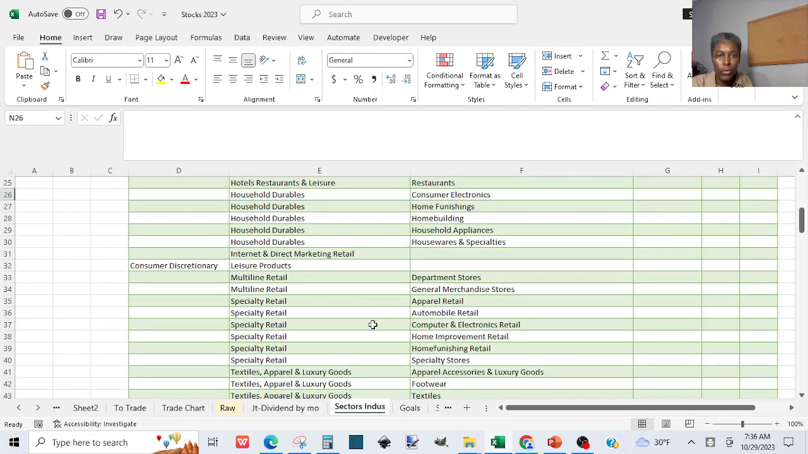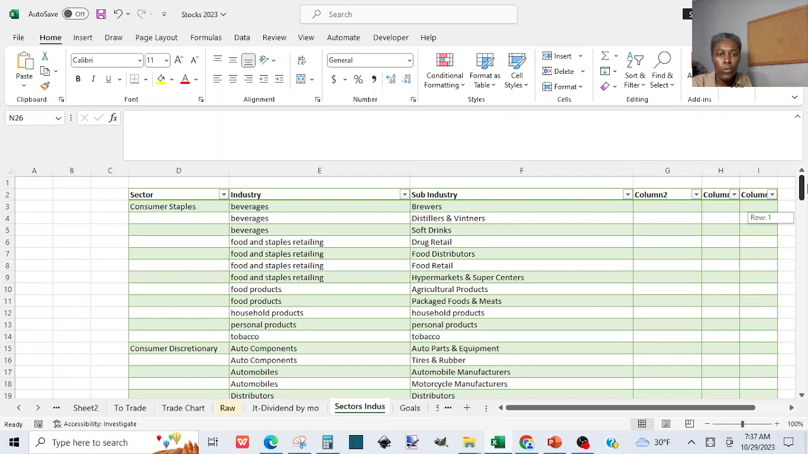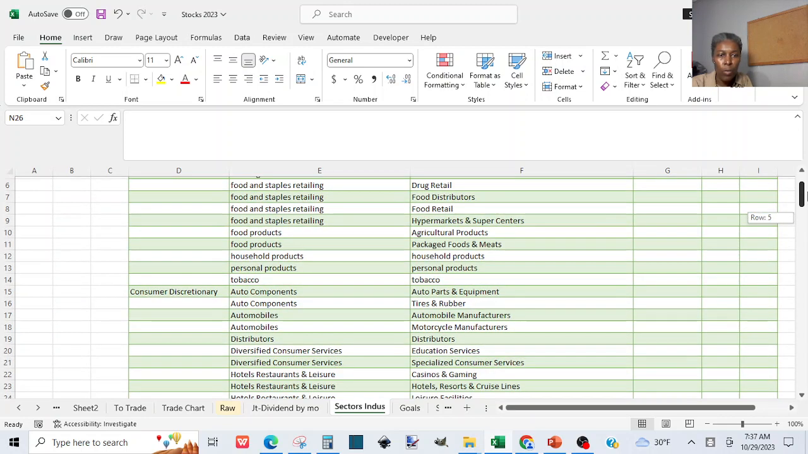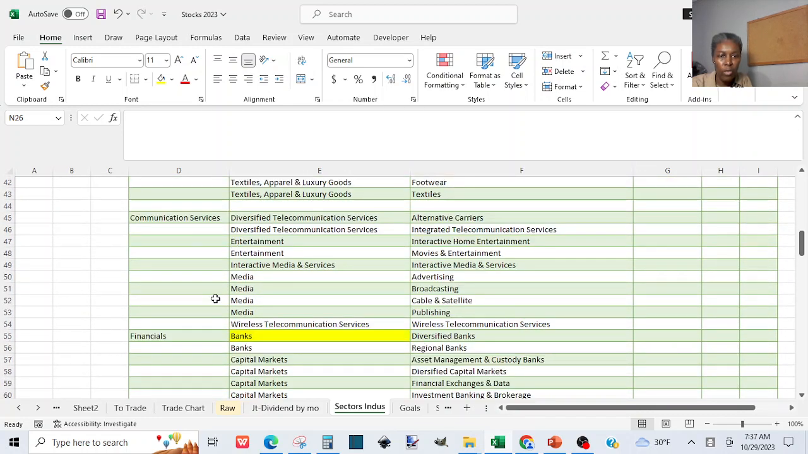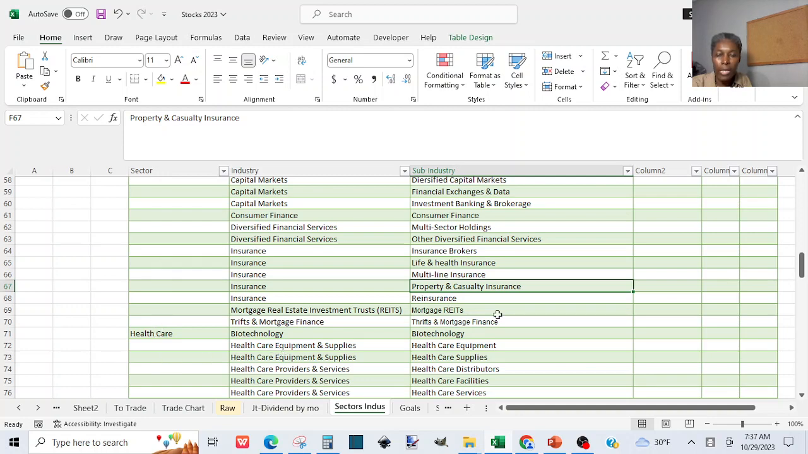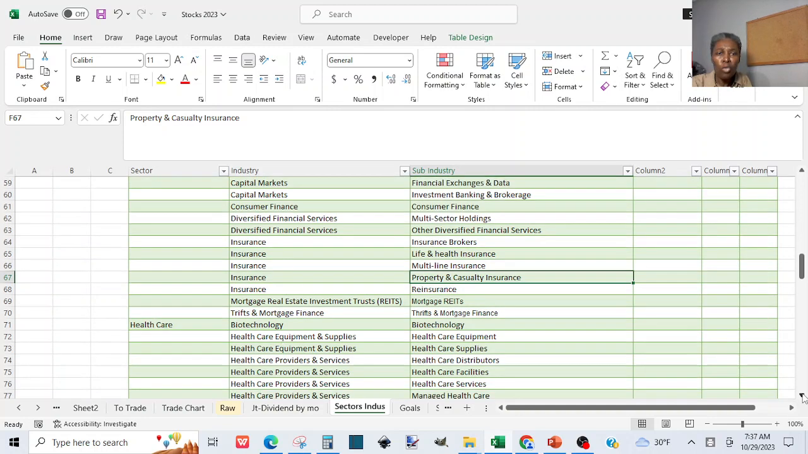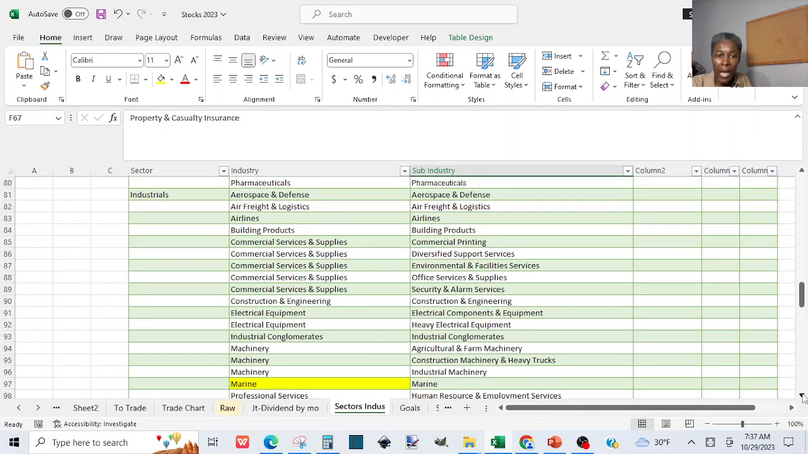There are a lot of sectors, and the way I showed you how to find the dividend stocks, you will go through all those sectors: consumer staples, consumer discretionary, communication services, financials. You go through all of them to find the industries and the sub-industries. This is the sector, this is the industry, this is the sub-industry. By the time you go through all the sectors, industries, and sub-industries to find the companies and filter the high-paying stocks, 3% and up,